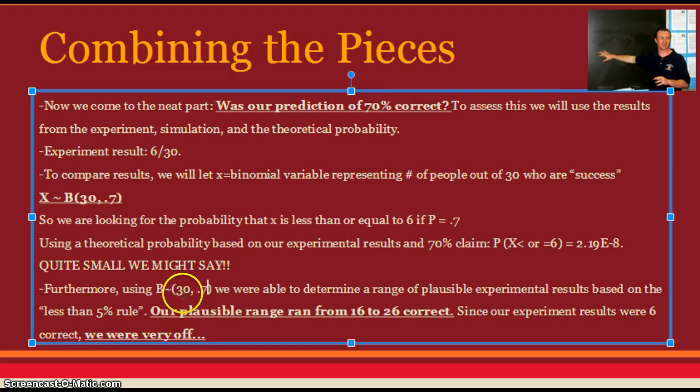Furthermore, using the binomial model, we were able to determine the range of plausible experimental results based on the less than 5% rule. The less than 5% rule is the threshold, you can call it, of whether an experiment result is too high or too low. If the probability of that number or greater, or that number or less, depending on both ends of the spectrum, is less than 5%, the first number less than 5% means that is too far, either too low or too high, for us to assume that values beyond that will be viable for this model. It's a little confusing, but